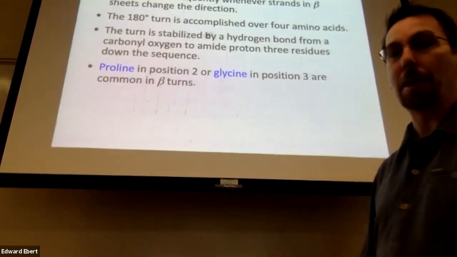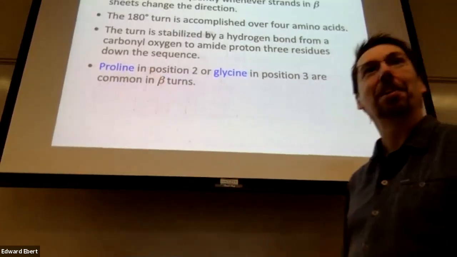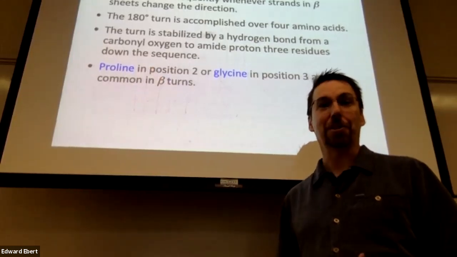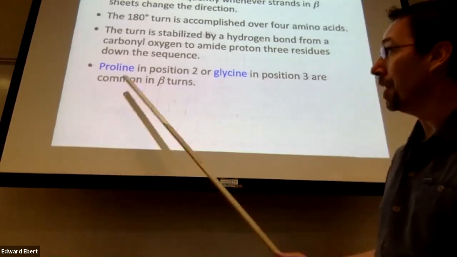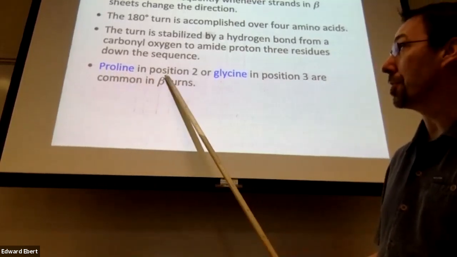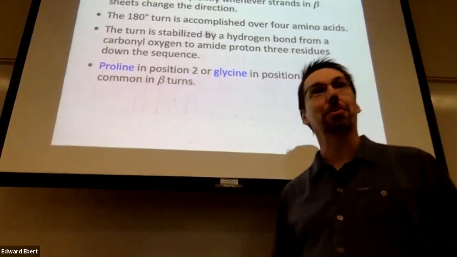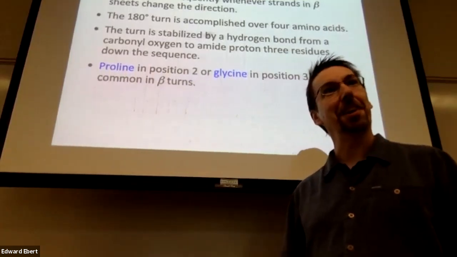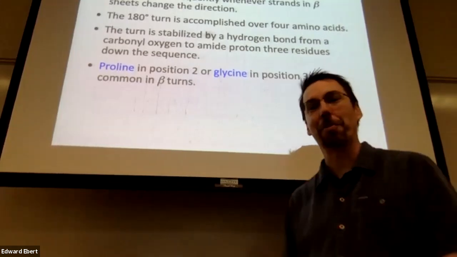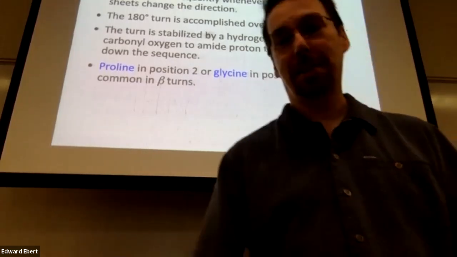There are two types of turns involved here: a type 1 turn and a type 2 turn. Depending on which is which, you'll either have proline in position number 2 or glycine in position number 3. Proline and glycine break alpha helices, but they're awesome for beta turns because of